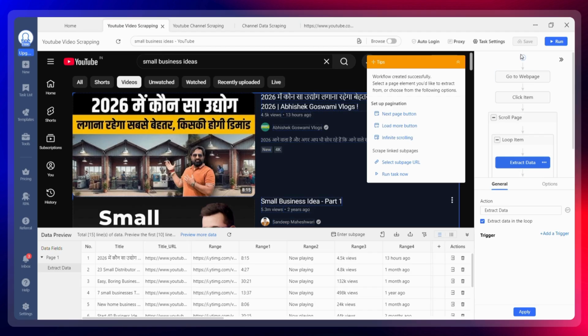So on the right hand side, if you can see over here, I have an entire workflow that is created. The first step, going to the web page, that is opening this particular link. Second is clicking on the video items. That's my second flow. And then what I wanted to do is I wanted to extract this data, but also